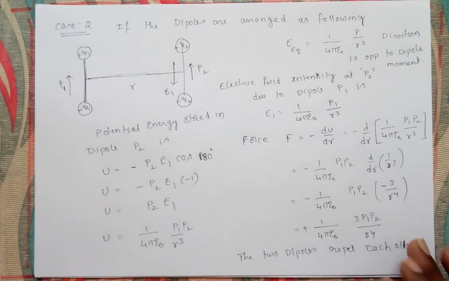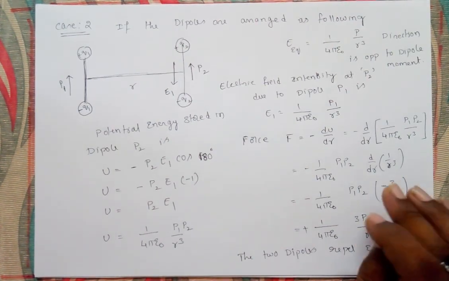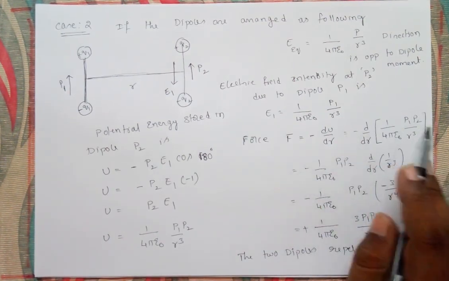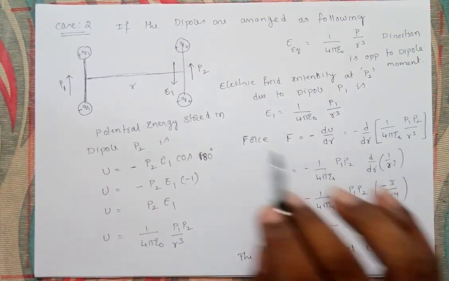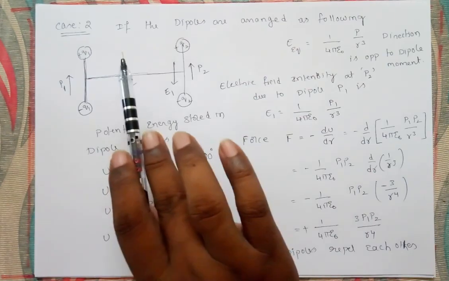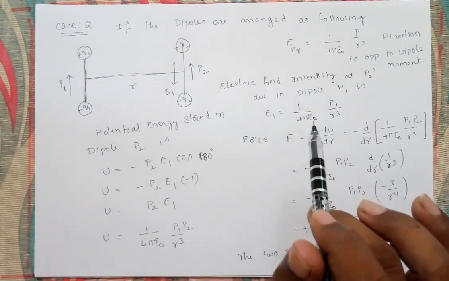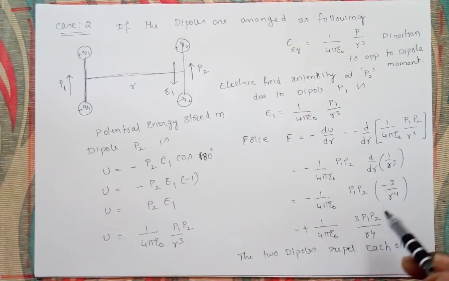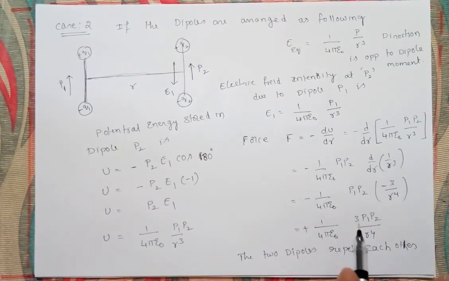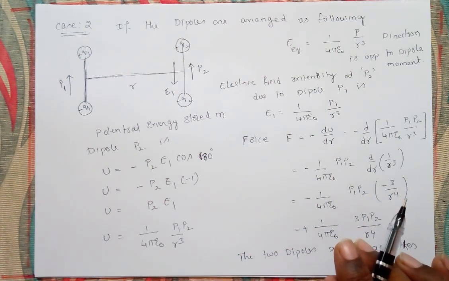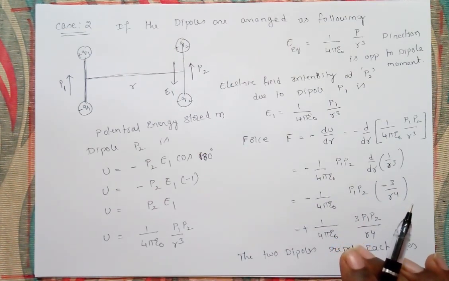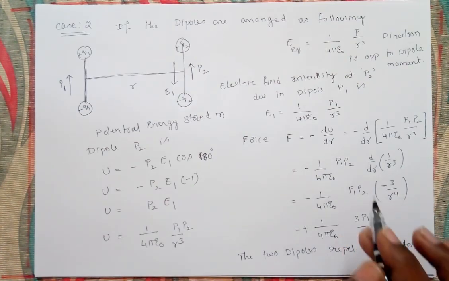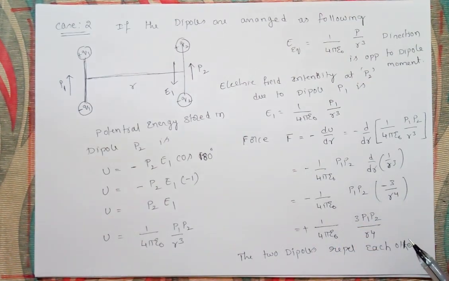So these are the forces between electric dipoles, because they may directly ask what is the force between two electric dipoles in the following arrangement. You have to observe: if they are arranged along the axial line, then 6 p1 p2 by r power 4, and if they are arranged equatorially, then 3 p1 p2 by r power 4. Like that you can solve the cases. These are the direct results they may ask, otherwise they will give you the dipole moments and ask you to find these formulas.